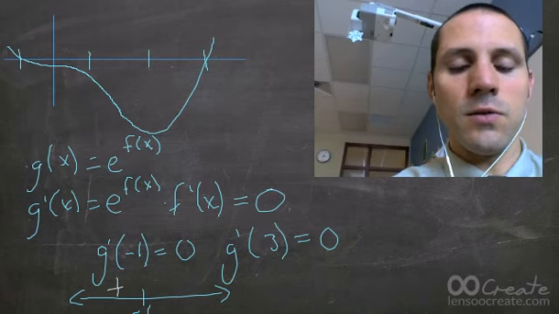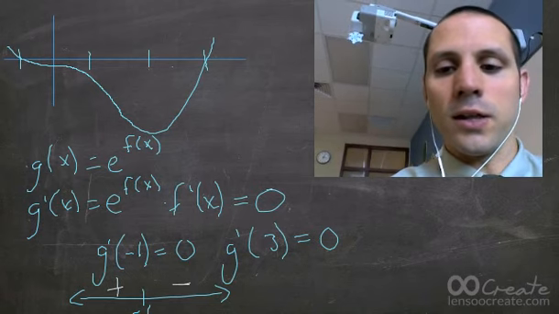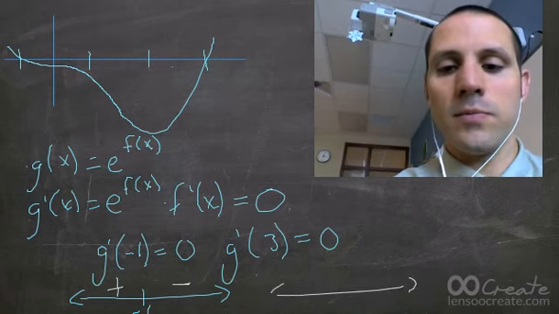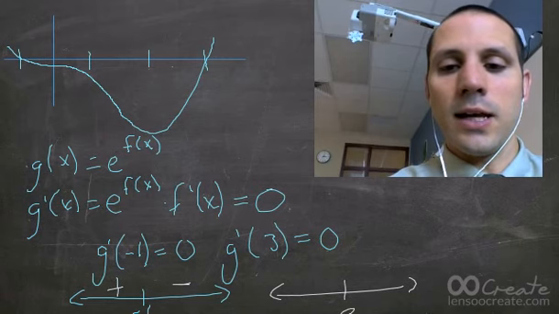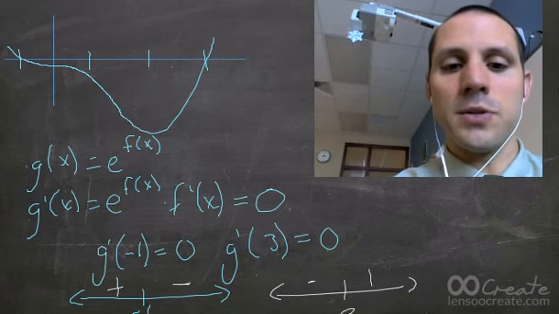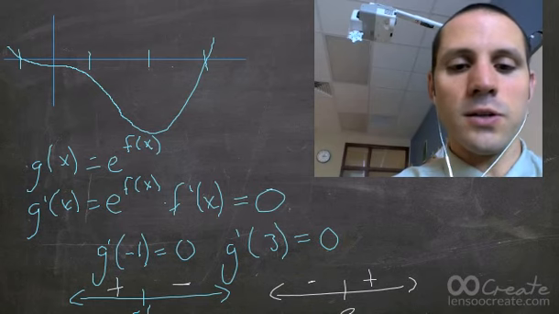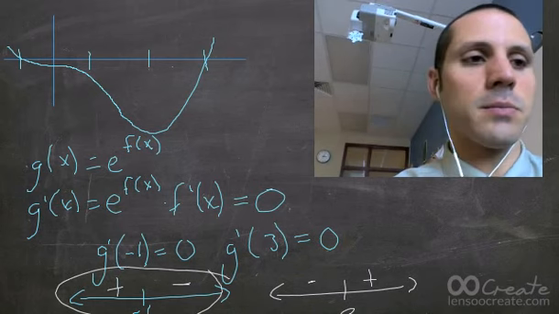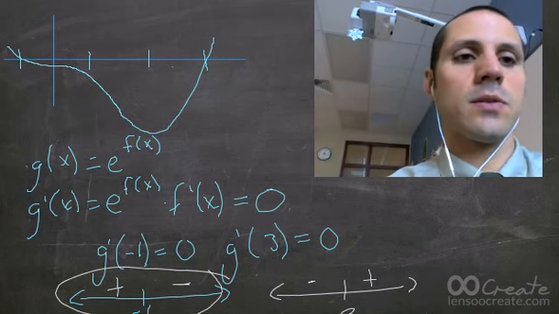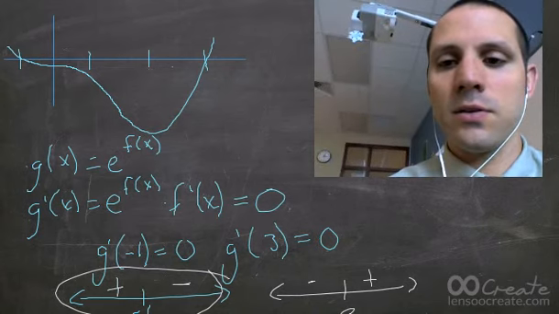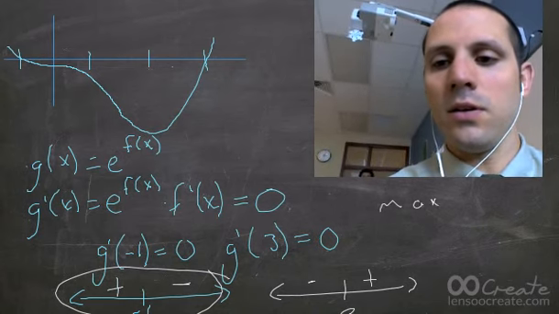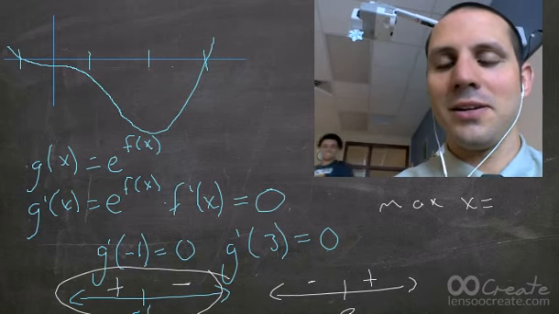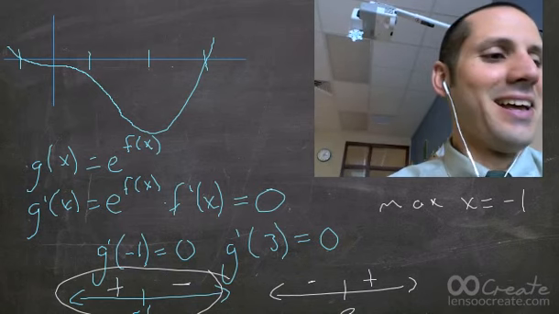So this is going to be negative here. And then if we look at 3, same way, it is negative and positive. Which one represents a maximum? If we are increasing and then decreasing, we have a maximum. So we have a max at x equals negative 1, hi Nathan,